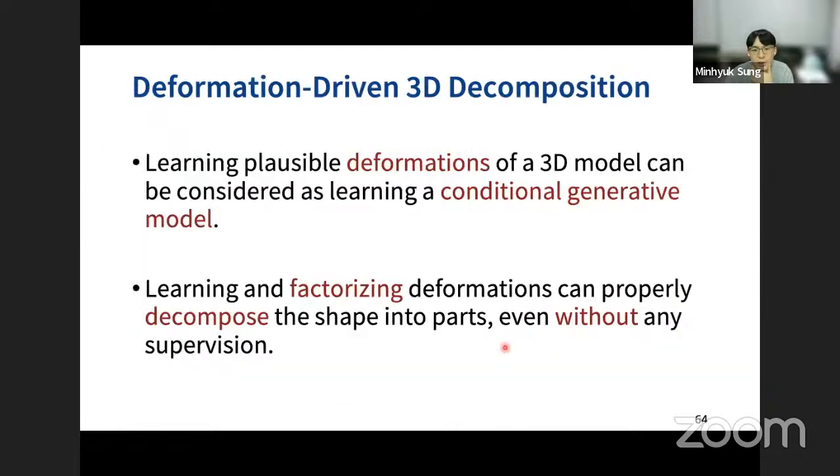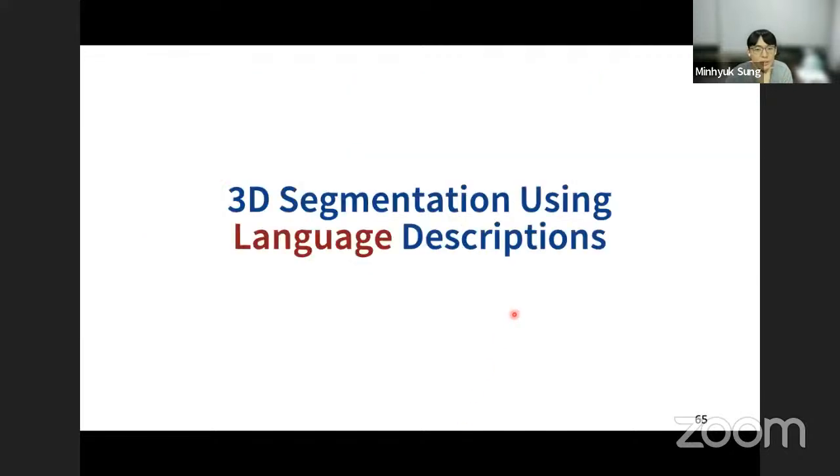So here I introduced how we can create conditional generative models that can learn plausible deformations and deformation handles that can produce plausible outputs, like changes of the shapes, without having any supervision about the parts and their structures. I also briefly mentioned how symmetric part structures can emerge from learning the independent factors of the deformations. I'm already running out of time, so let me go quickly with the last part of